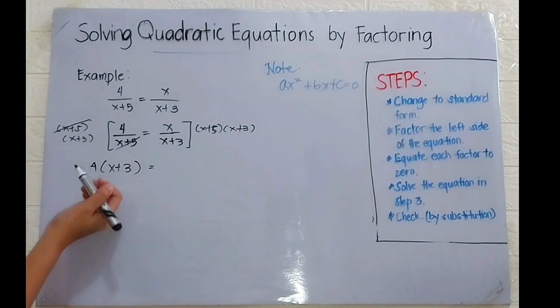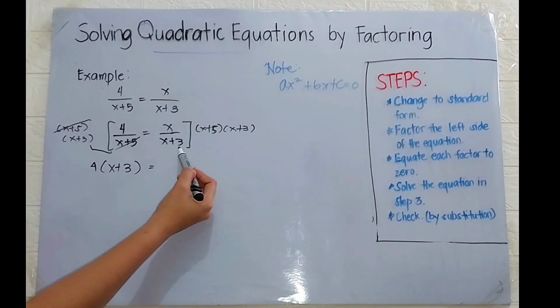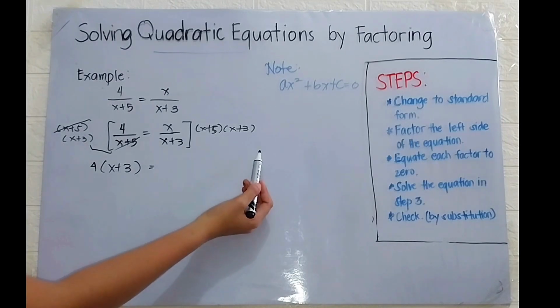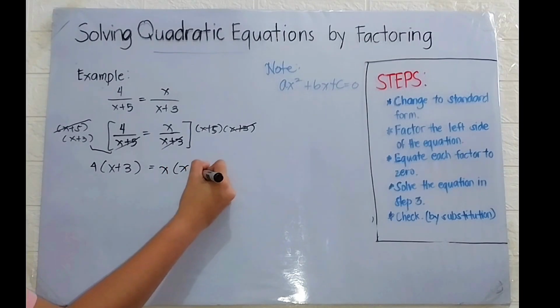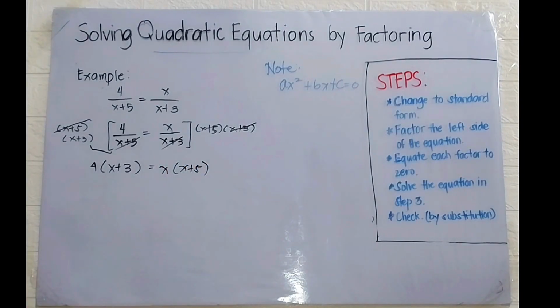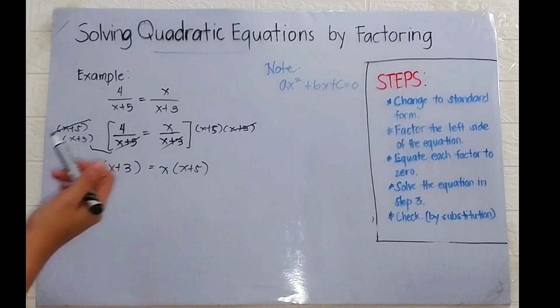Multiplication yung operation kasi in this one, multiplication din naman po yung operation. In this one, x over x plus 3 times x plus 5 times x plus 3. Again, you can simply cancel out the x plus 3. So, ang natira na lang is x times x plus 5. Okay? So, our new equation is 4 times x plus 3 equals x times x plus 5. Pero, hindi pa siya naka-write sa standard form. So, what will you do? Distribute